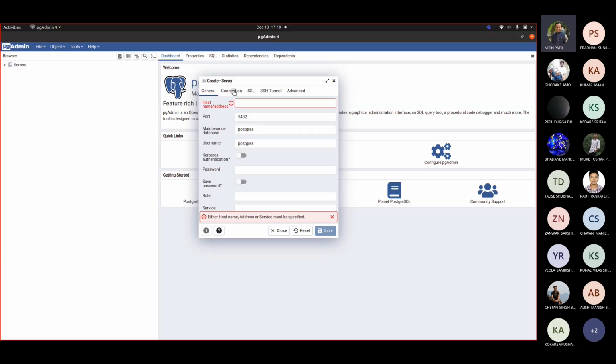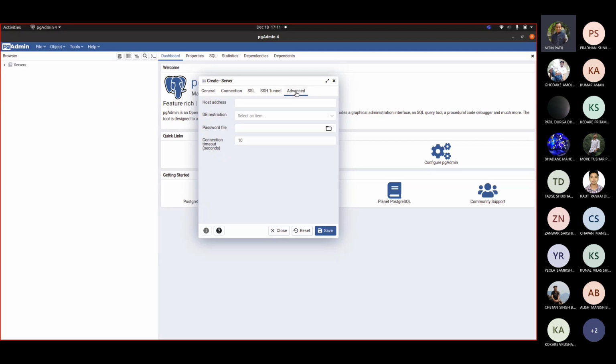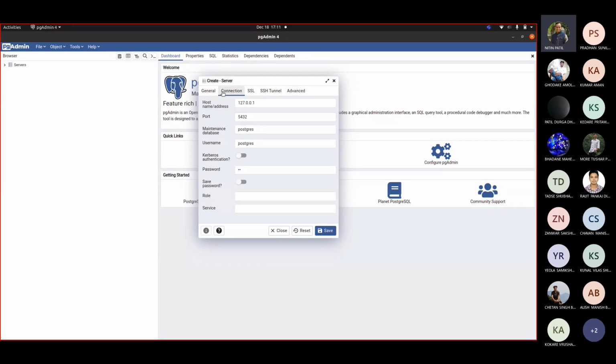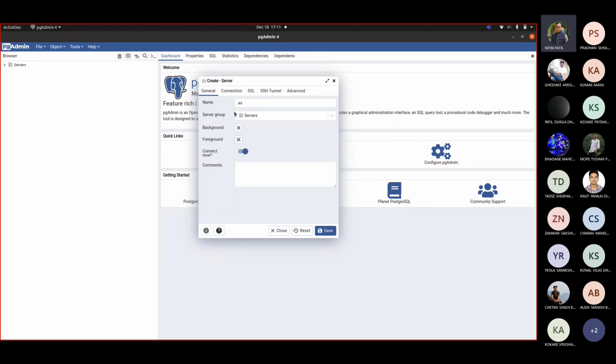Now if you want to set up the connection, for the host name you give 127.0.0.1 and you simply add your password here. Then the rest of the parameters I'm not making any change to. What changes I have added: I have given a name, say for example temp.